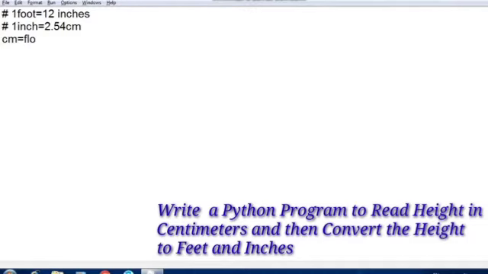So I have to write here the statement that enter your height in centimeters. Okay, so this is entered here. Now to find out in inches, as we can see that 1 foot is equal to 12 inches. So I am writing here inches is equal to